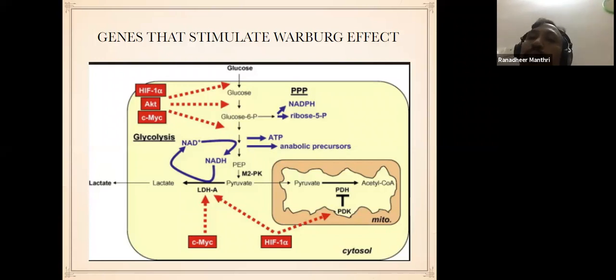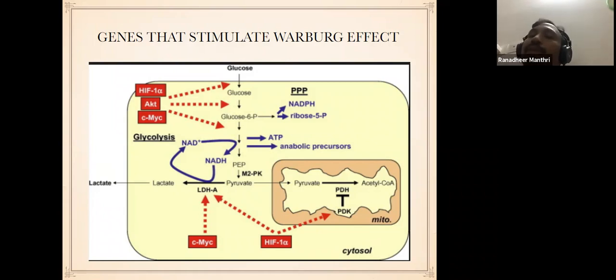So why do the cancer cells behave like this? See, unless the cell feels there is too much pyruvate, the cell cannot send metabolism towards the pentose phosphate pathway. The pentose phosphate pathway is needed for production of DNA and RNA. If the glucose 6-phosphate has to enter the DNA and RNA pathway, that is the pentose phosphate pathway, also called the HMP shunt pathway, to produce ribose and deoxyribose, it should feel that there is adequate pyruvate. This is the basis. That's how we can see excess pyruvate, by preventing pyruvate from converting to acetyl-CoA.